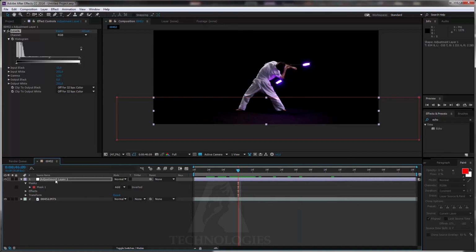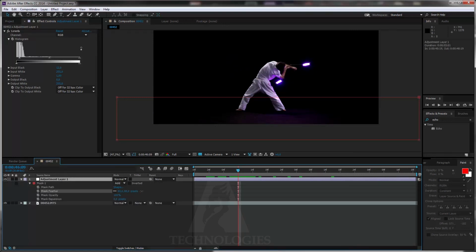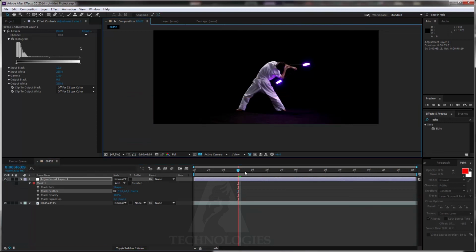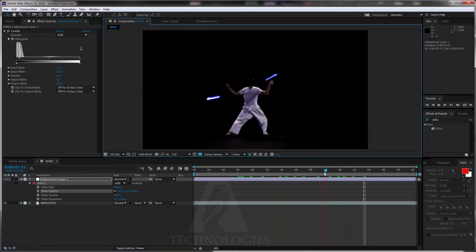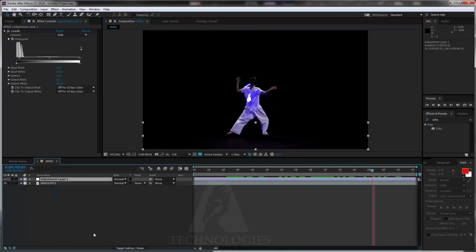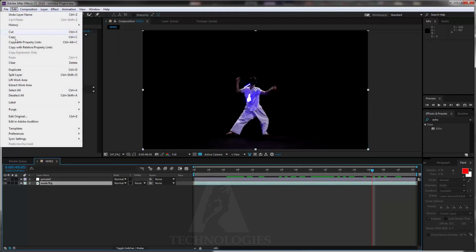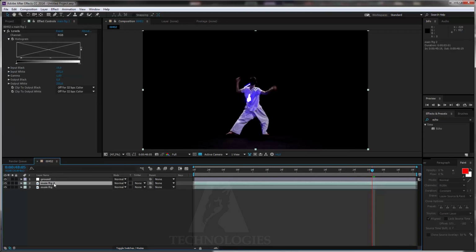Okay, this may work, and feather it out. Okay, these are the basic color corrections, and now I will name it. This is the ground, and this is our main footage. I will duplicate it, edit, duplicate, rename it echo,